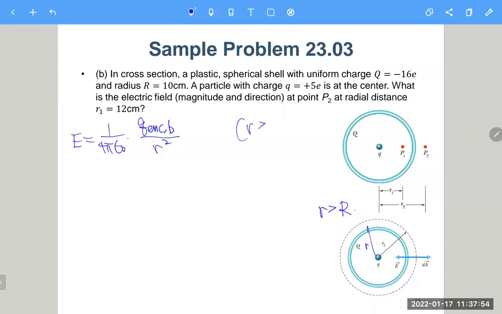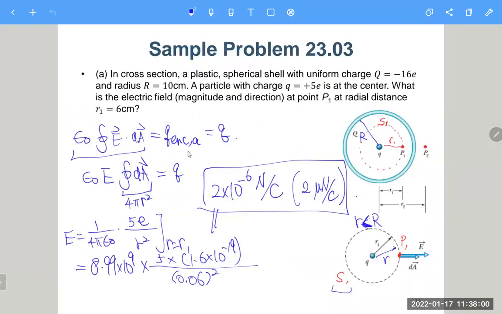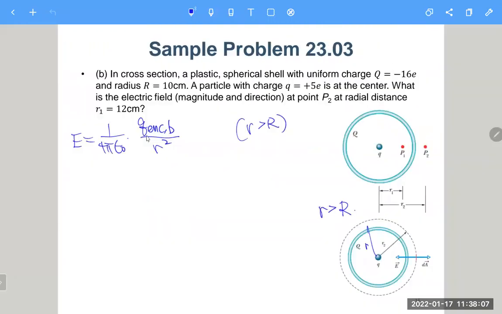Here we should have R larger than capital R. So the only difference is that we change this Q enclosed A, or Q, to be Q enclosed B, and